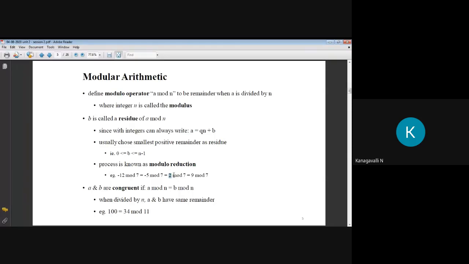If you want to write the modulo in another way of reduction, you can add 7 to the remainder. You'll see it in the sums. This is just the introduction part, so you now know clearly about the terms modulus, remainder, and residue. Remainder and residue are the same. Our integer can be written in this form: a equals qn plus b. Please note down this statement. With modulo, integers can always be written as a equals qn plus b.